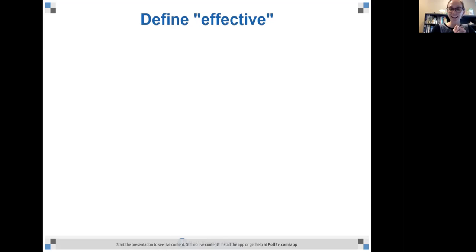Kelsey, were we supposed to be able to see the word cloud yet? You can't see the word cloud? No, we can't see it. No, I'm so sorry. Okay, so this is where I wasn't sure how the polling would work for this. So the word cloud has some terms that are showing up. I truthfully, honestly can't figure out how to get the word cloud to show up if I'm sharing the screen and if it's not sharing with you all.